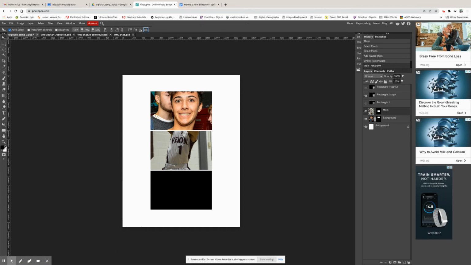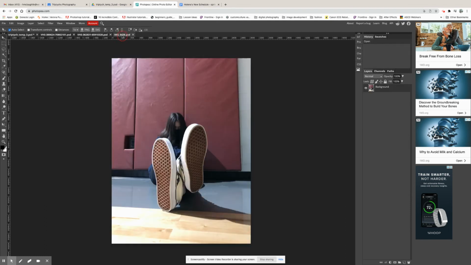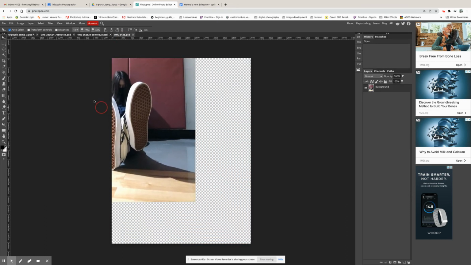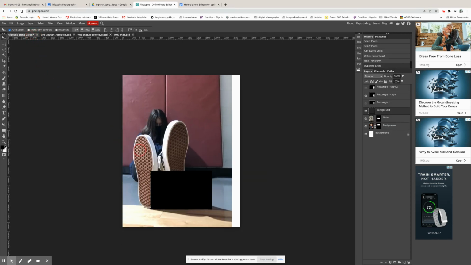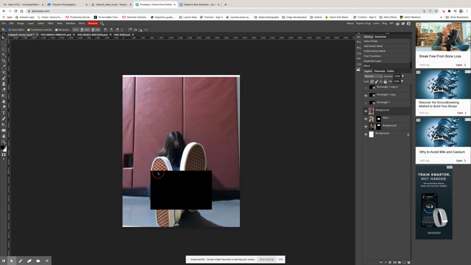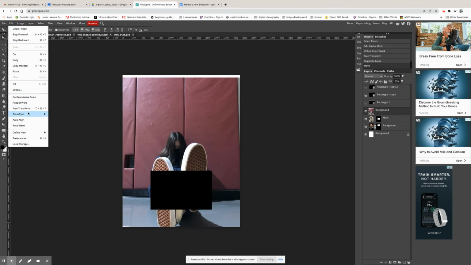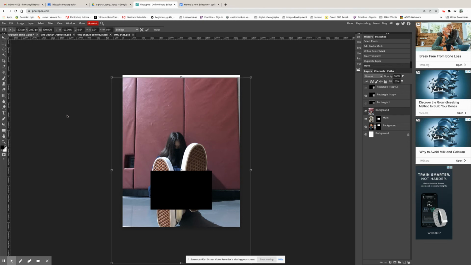Obviously, I'm randomly grabbing pictures. Yours will look way better. For the third picture, I'm going to grab these shoes. It's a different point of view, but that's okay. Drag it up to the tab, drag it down. Now this is huge. So I could even, if I wanted to, go to Edit, Transform, Scale, and